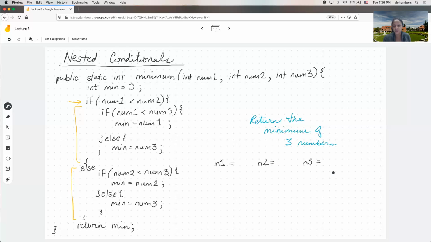And I'm abbreviating num1 to just n1 to save some writing time. Okay, so let's pick 3 random numbers like 10, -5, and 0, and step through this code, assuming that these are the actual arguments passed into the formal parameters. So number 1 is initialized to 10, number 2 is initialized to -5, and number 3 is initialized to